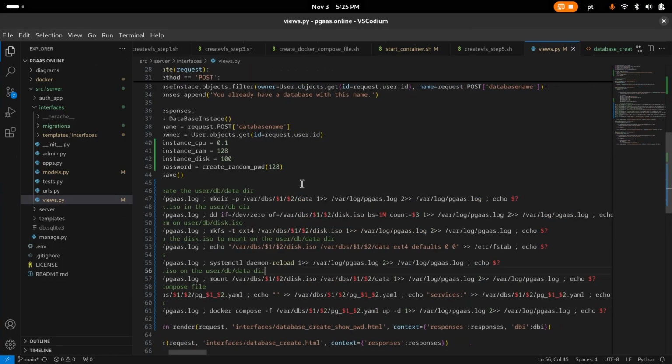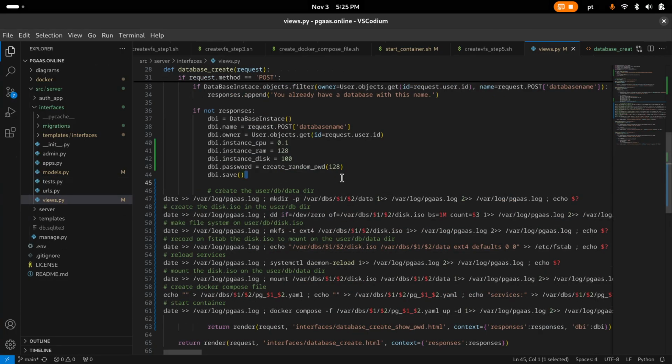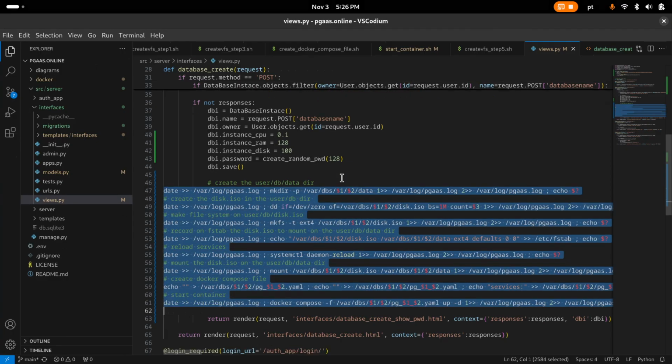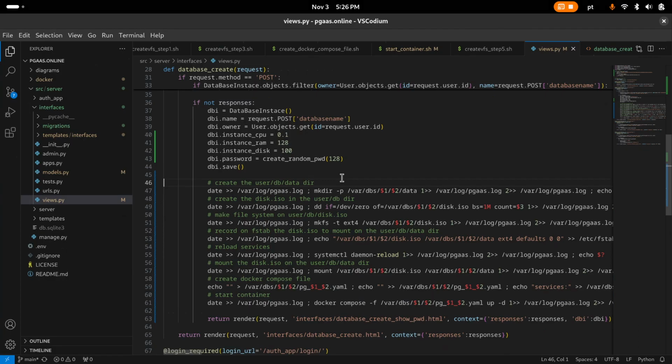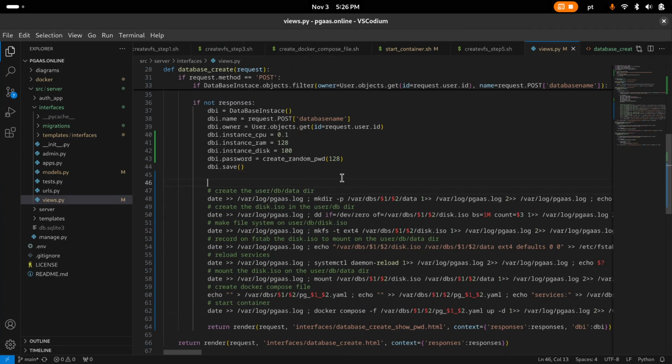Okay, let's just paste this here and just figure out how to create these tasks the right way. So db task 1, db create task 1